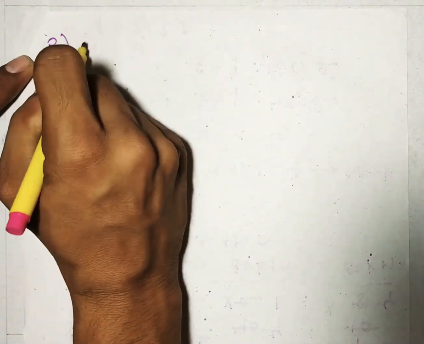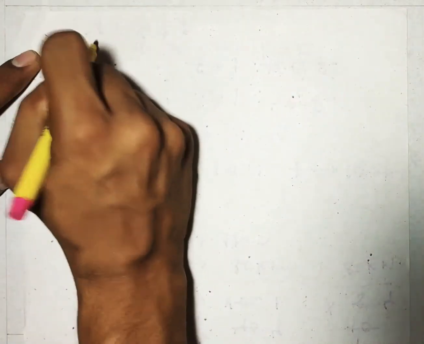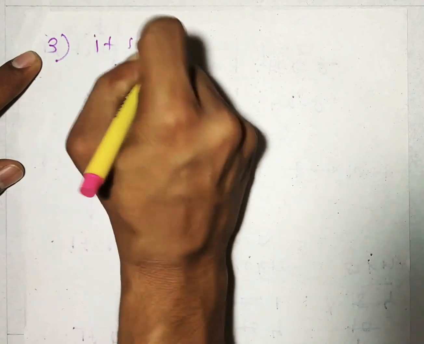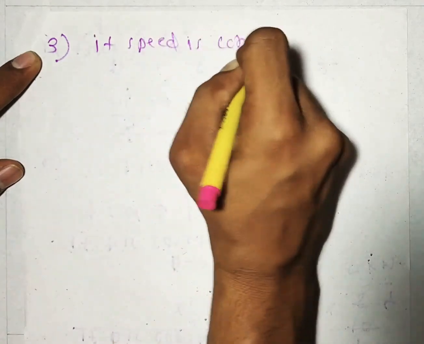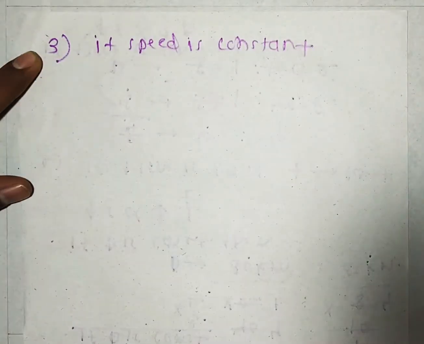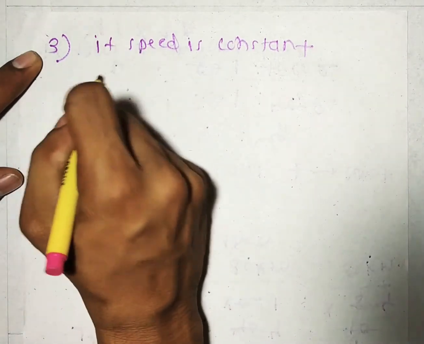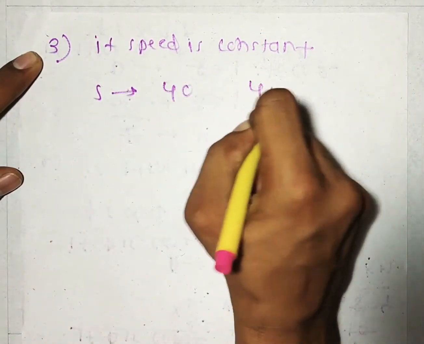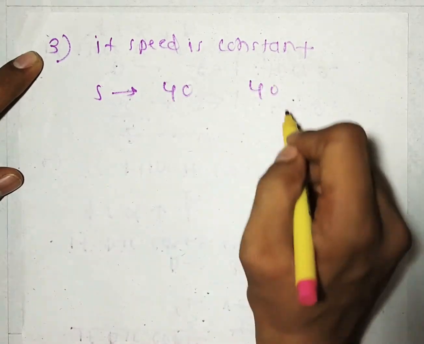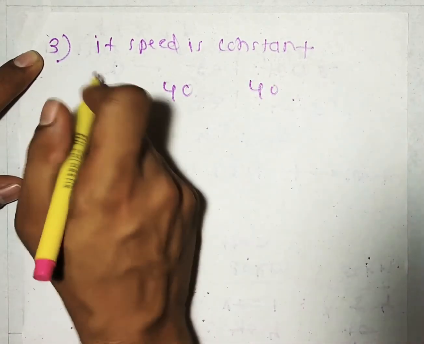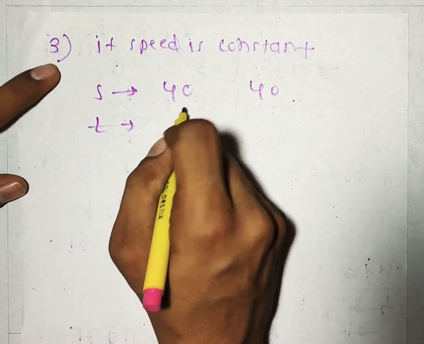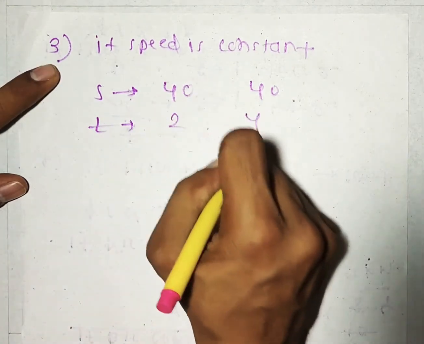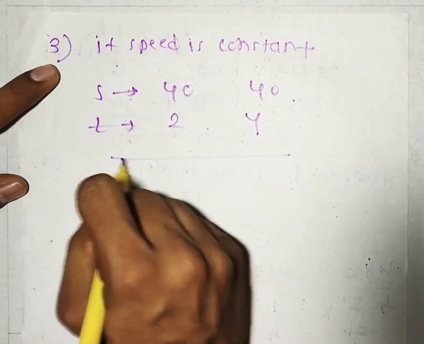Now we have to take the speed as a constant term. If the speed is constant, then what will happen? So speed, in the first scenario it is 40, and in the second scenario it is also 40. And if time is 2 hours and 4 hours, then the distance will be